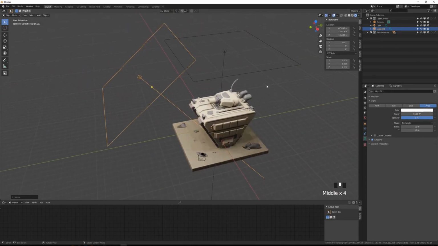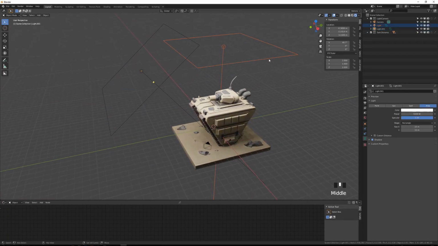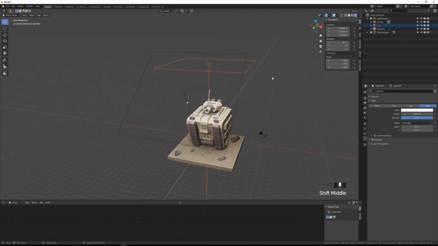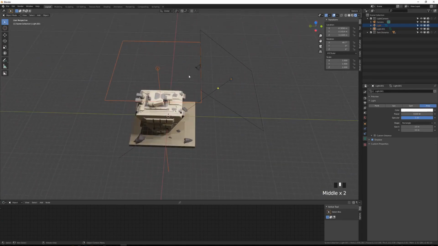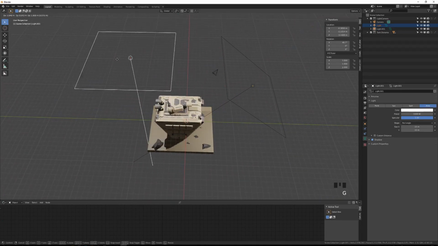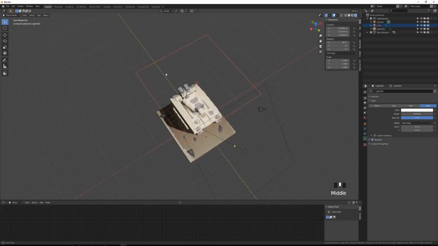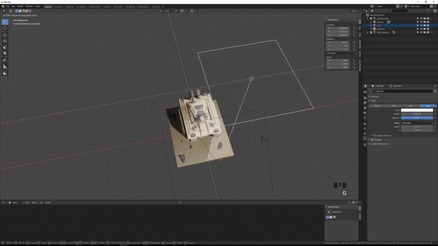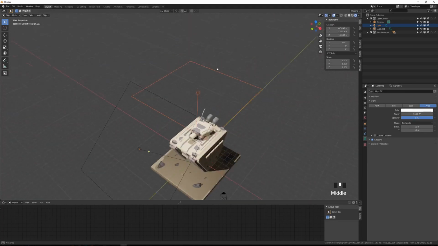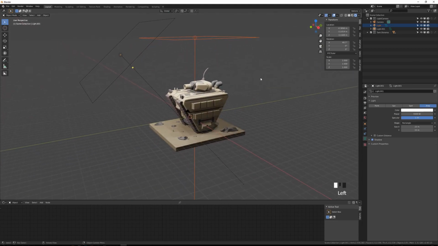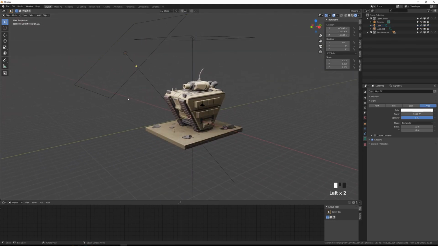Blender has some pretty cool features. If you were to move an object, you can actually lock it to the axis if you hit the middle mouse button. It kind of knows what you want to lock to, so no worries about it. So at this stage, we have a simple lighting setup,